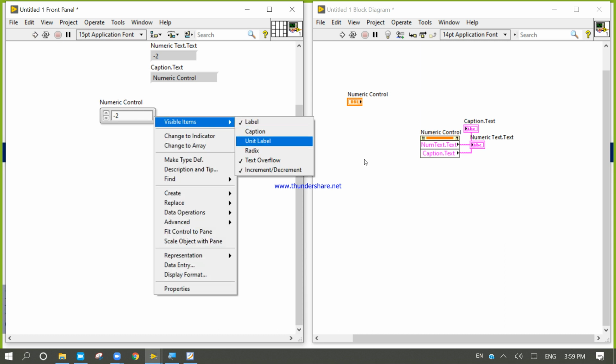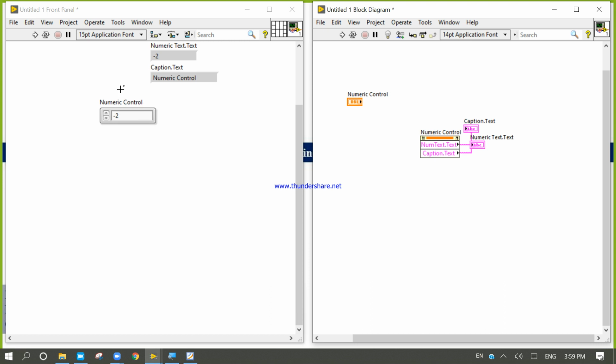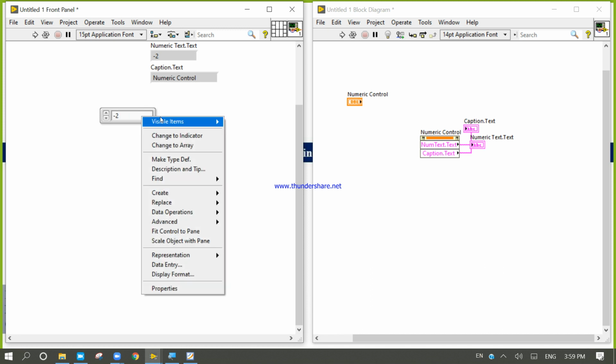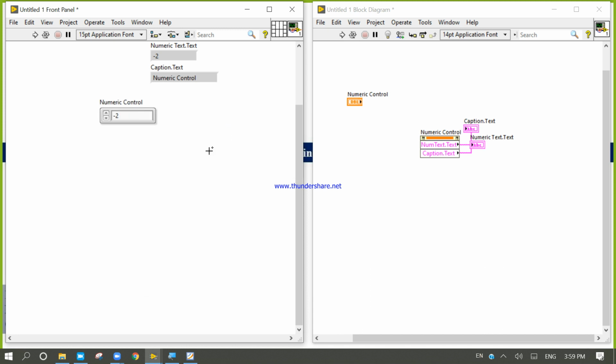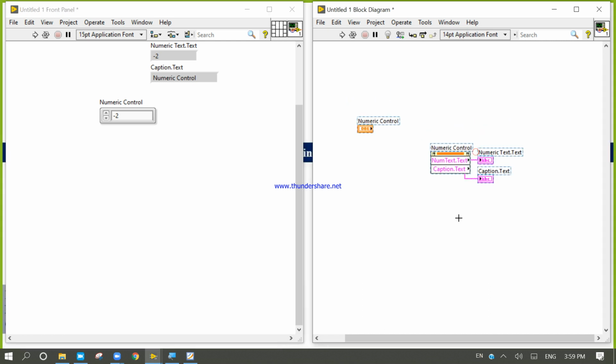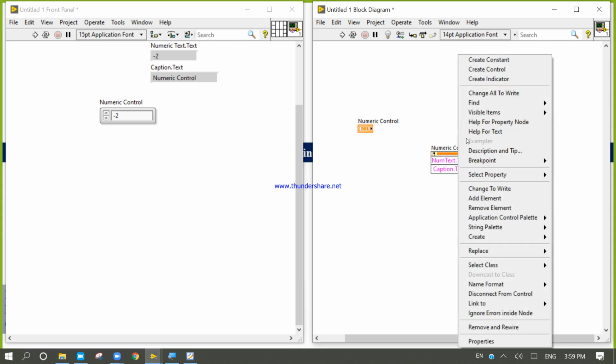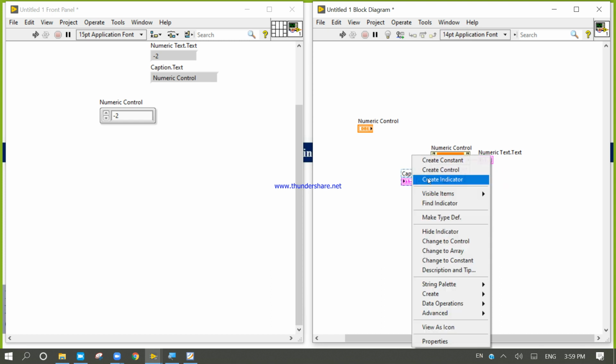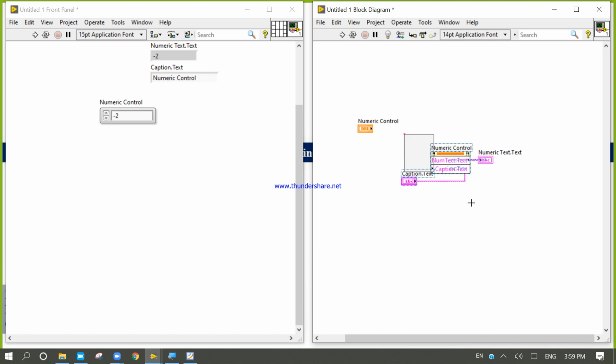What happened? Now look at here. If I right click, come here, and I close the label, I right click and come here, caption. Now if I right click here, I change all to write, right click, convert into control.